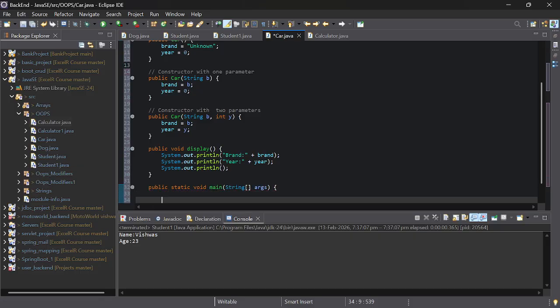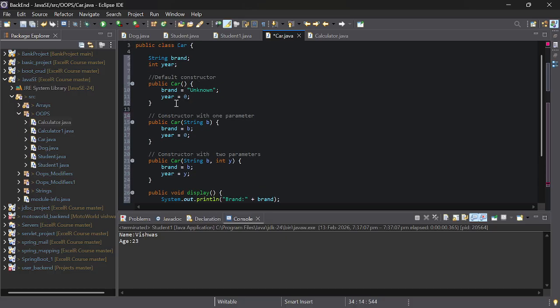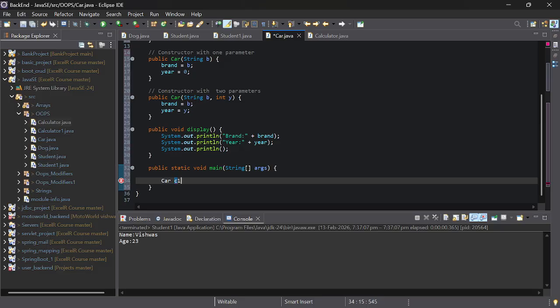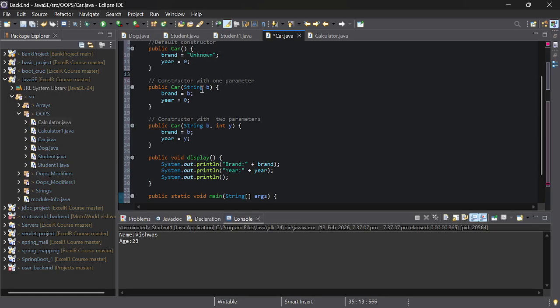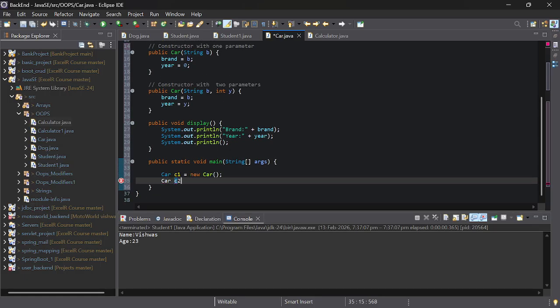First I will create car. First I will create an object for this default constructor. Okay, car c1 equal to new keyword car, and I will create another object for the one argumented constructor. Okay, c2 equal to new car,